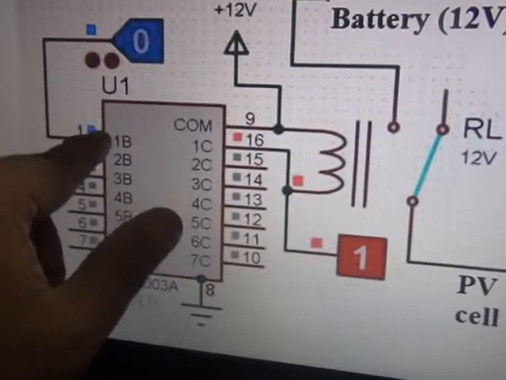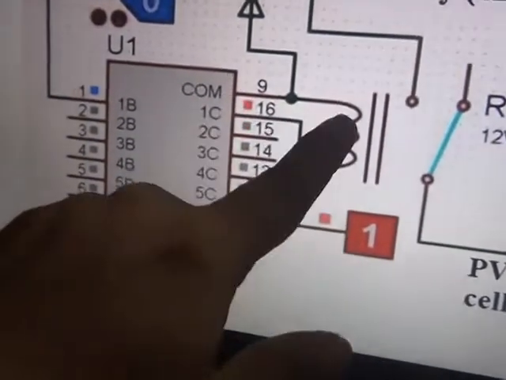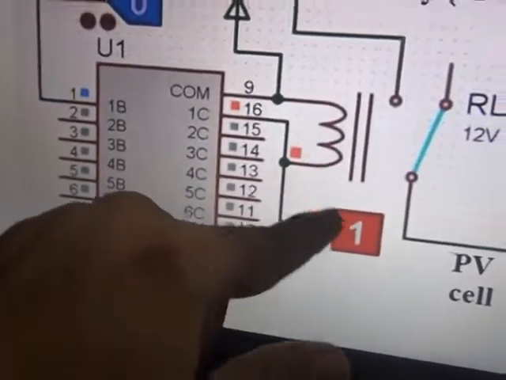Whenever a signal is applied at this base, the transistor gets fired inside the ULN, and that's why your relay gets activated, and then